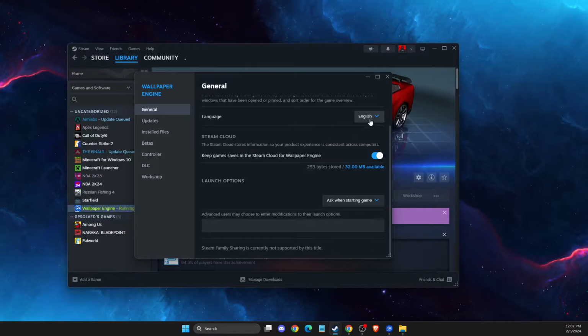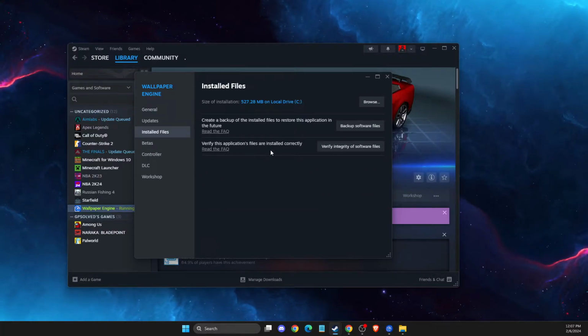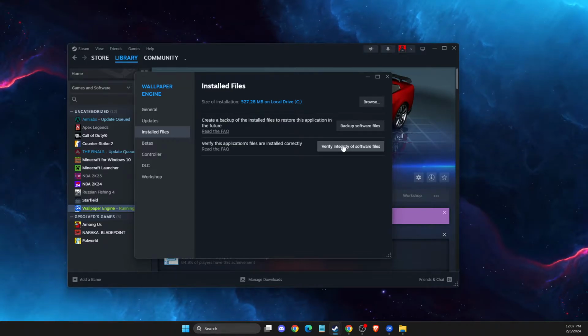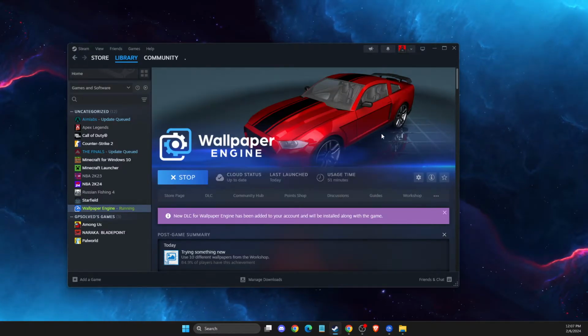And if this doesn't work for you, then what I suggest you do here is to go to Installed Files and verify integrity of the software files. So this means maybe your Wallpaper Engine files are corrupted, so it will re-download files that need to be re-downloaded, or just fix your files in general. All right, and if this doesn't help, sometimes